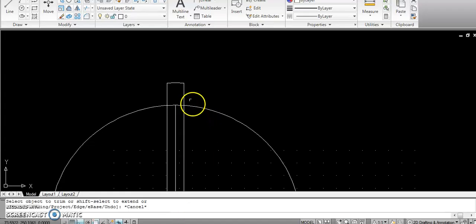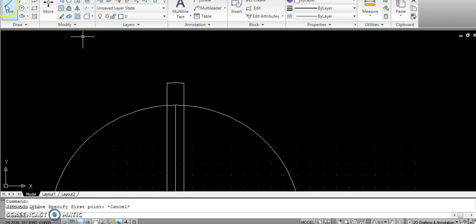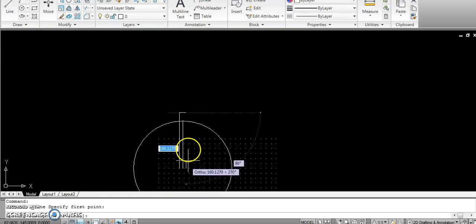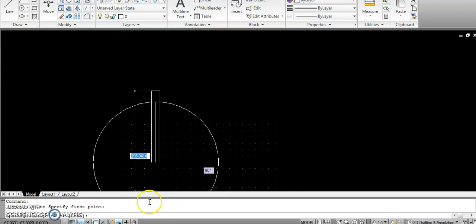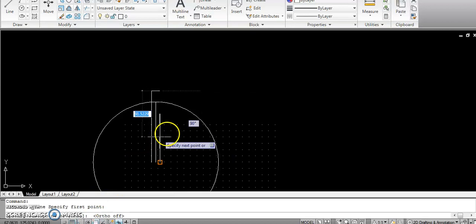So marking all those details, the trapezoidal slot almost will come like this. This I will do randomly, okay? Because of shortage of time, I will do it randomly.